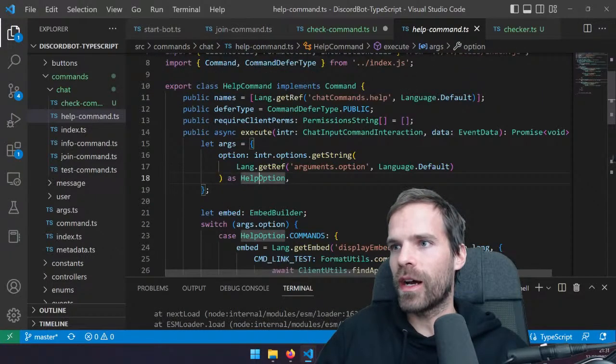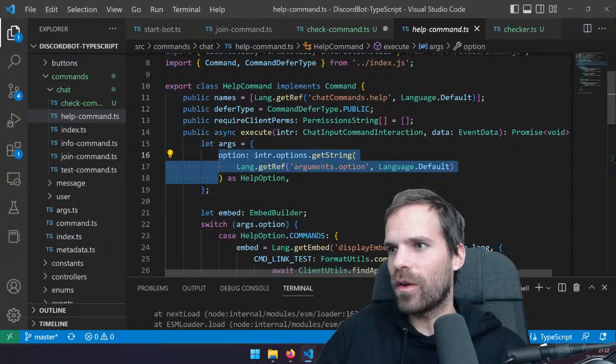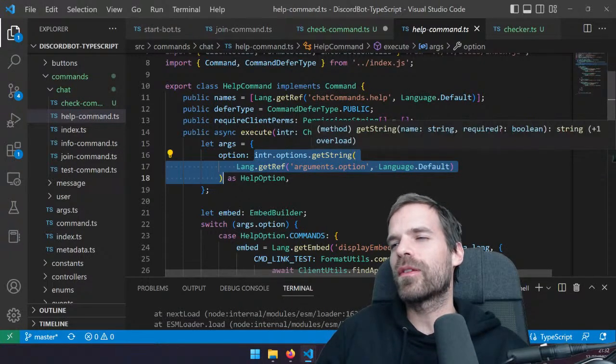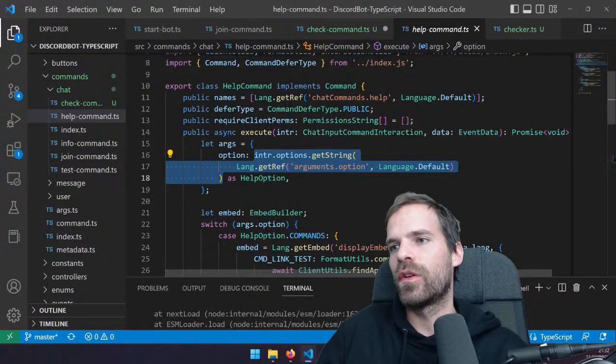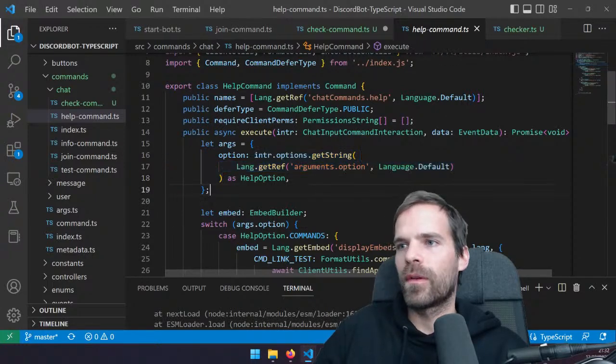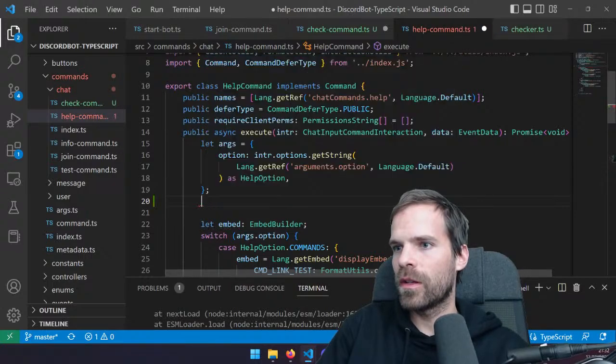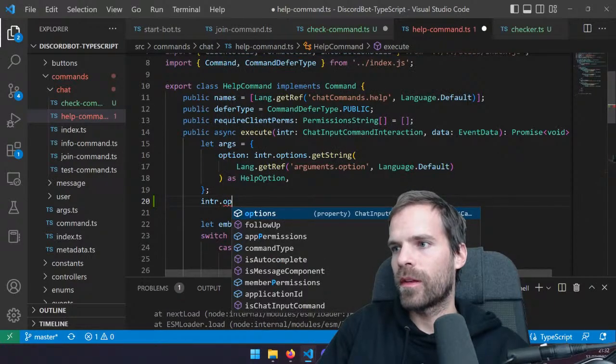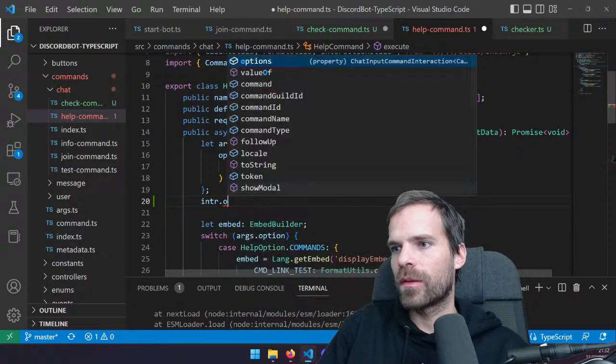as help option. Aha, okay, so the argument, wait, this is so complicated. What is it taken here as, this thing it takes as help option. So it's inter, so that's a chat input command interaction dot options dot get string. Okay, but it's not an option. Let's see what this thing has. Does it show me inter? Does have options, but what's the